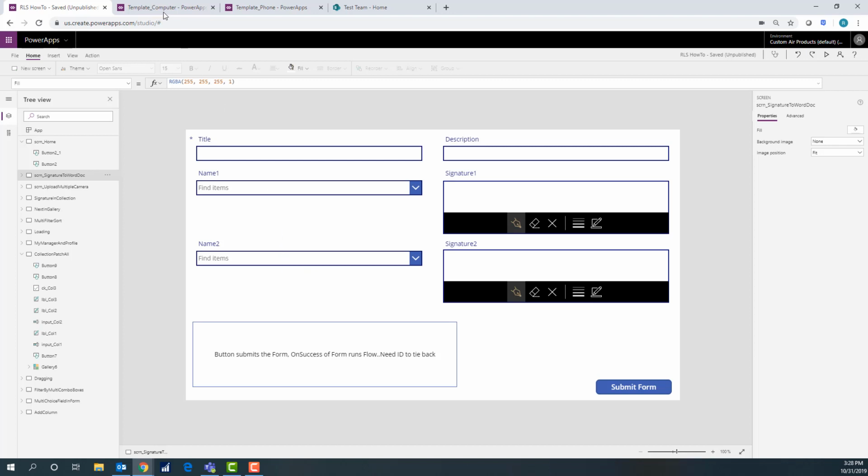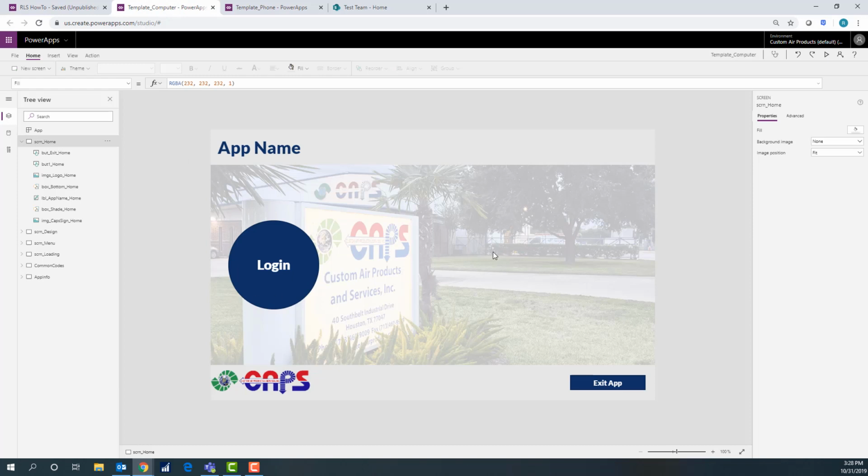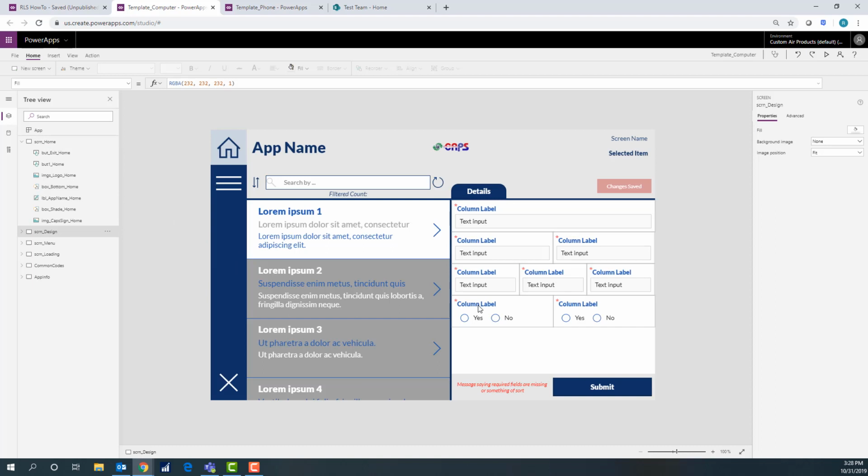And the other thing that a couple people have asked about is I have these template ones. So what I do is I create the home screen, and then I go through and create a few screens that I use a lot. So this is my typical layout where I have the gallery on the left and the fields on the right. If you're going to use this template and copy this and use it a lot,